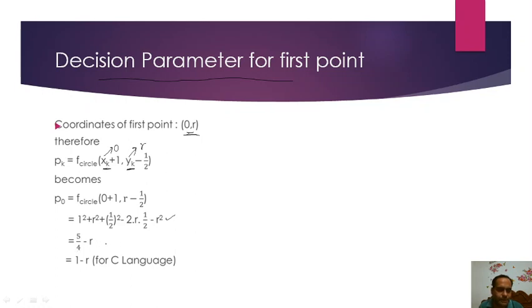If you are running your program in Turbo Compiler using C or C++, then 5 divided by 4 can be further simplified to 1 if we are taking integer calculations in mind. So 1 minus r. So the decision parameter for the first time can be calculated using the equation p0 is equal to 1 minus r. And afterward, if p0 is less than 0, then we can find p1 from p0 using the equation,